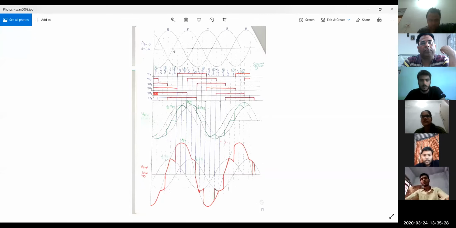This is the firing angle 0, and for 30 degree, we start first here, and it should end after 30 degree of where our phase ends. So it is like this. Wherever I have put this circle, it means those devices cannot conduct, right? So we have this type of situation. Now I have given you this table, right?